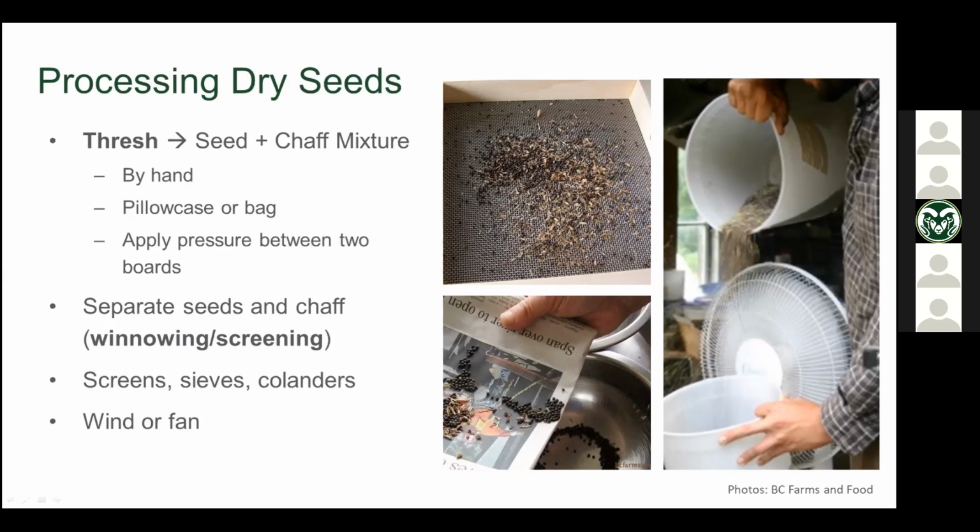implements of various sizes. So you can take this example here, this progression. First we've got our seed and chaff mixture, right? So we can see things are separate. Things are detached, but it's a pain to get them separate. So this is going to go through a screen. I believe this is actually taken through 3 different